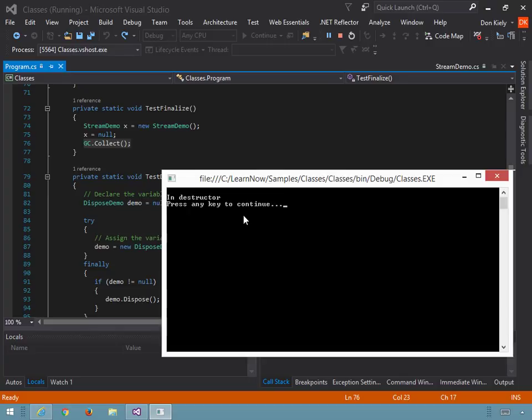Now, I've shown you this technique, but I need to include a warning. Don't call the GC.Collect method in your own code unless you have a serious need for it. It can execute slowly, and generally you'll never have a reason to call it. Well, except in demonstration situations like the one I just showed you. But every so often, probably twice in your programming career, you might find a situation, or if you're working with particular kinds of external resources, particularly if you're working in an environment that has very limited memory, you may need to take control of the process. So be aware it's there, but don't